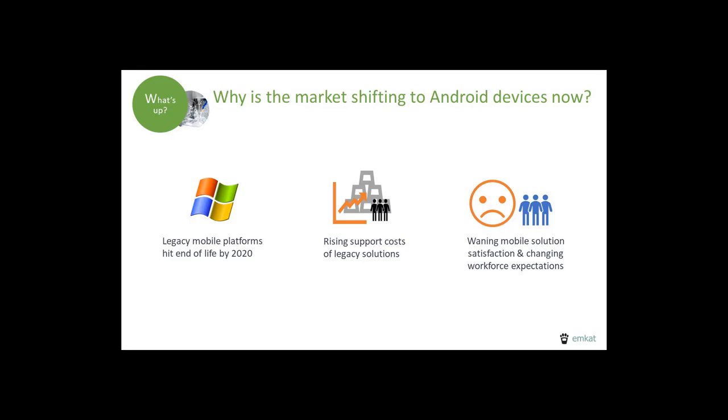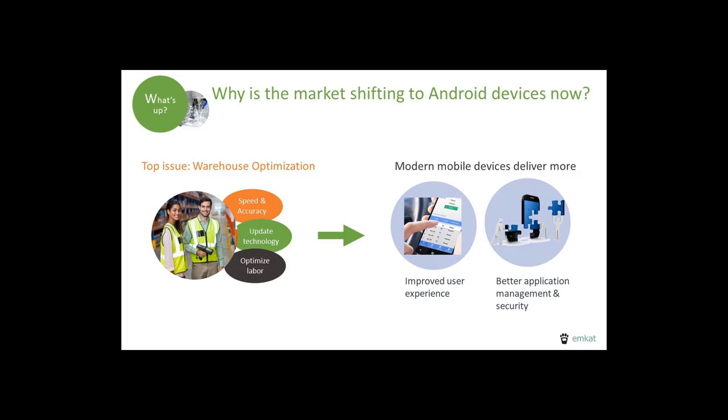So, what does the new platform bring? We have a lot of new technology at our fingertips now. Leveraging the modern UI experience for data collection only makes sense. There are several ways to do this with Android. Among other things, new devices are more touch-based and have less physical keys, and we can take advantage of gesture-based functionality, and the new devices have larger screens. All of these changes make device use more natural and allow workers to get up to speed much faster. This is a big deal in today's labor market. In the warehouse, the current average onboarding time for a new worker is close to 4 weeks, and this can be drastically reduced with modern hardware and software.